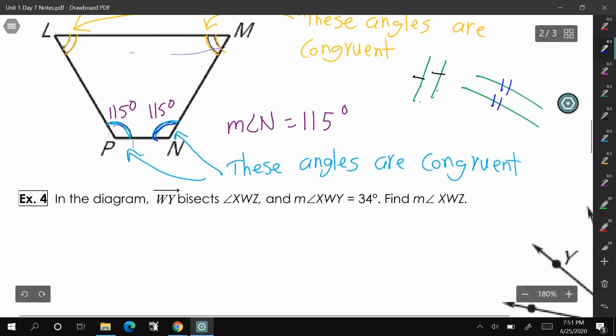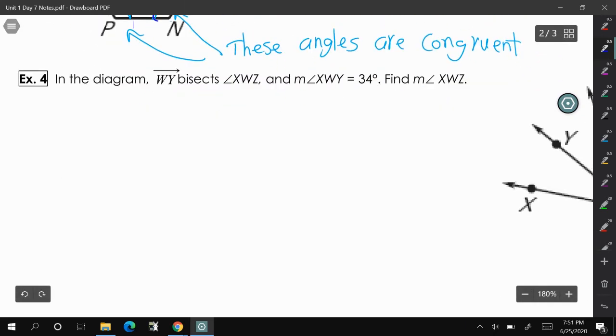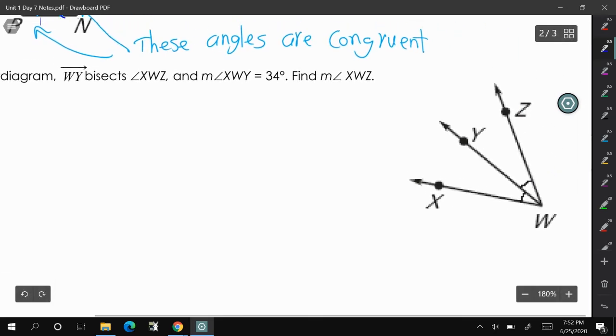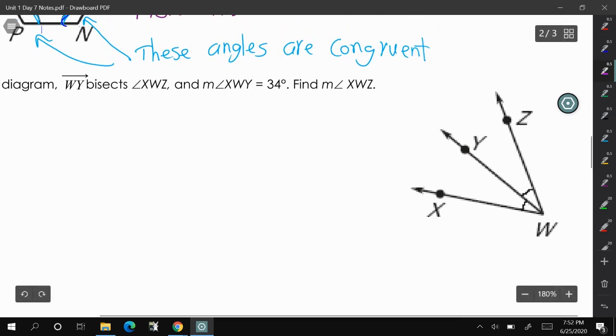All right, let's look at example number 4. It says in the diagram, ray WY bisects angle XWZ, and the measure of angle XWY is 34 degrees. Find the measure of angle XWZ. So let's label this. That'll help us out. XWY